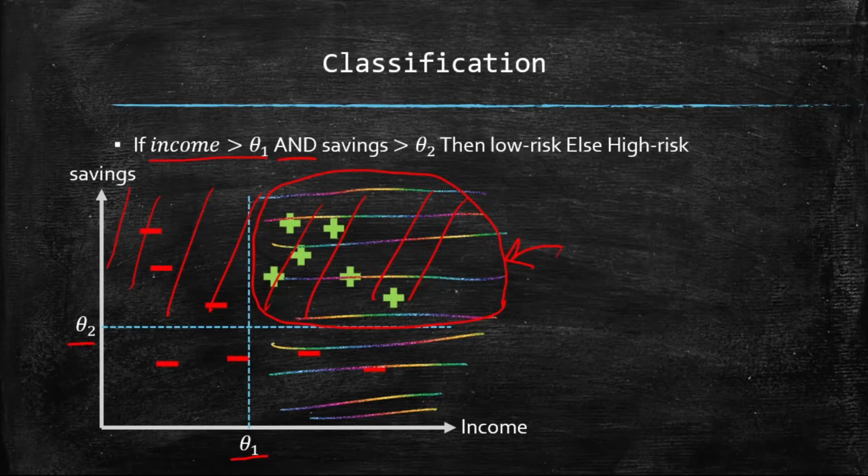Now, this is a rule, right? This is a rule that you have extracted from the data. Basically, your machine learning algorithm has extracted it from the data. Now, if test data, basically new data that your machine has never seen before, appears, say, I'm going to denote that with a weird shape, say here, right? Someone has a very high income, right? So it would be here, so theta 3, say, a very high income and a very low